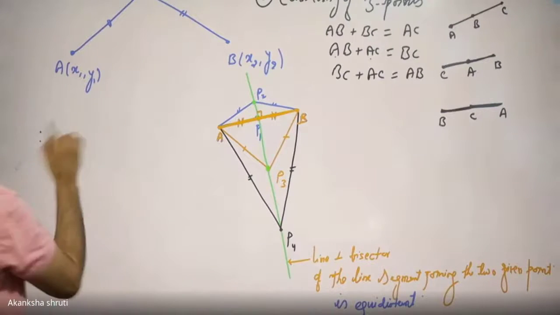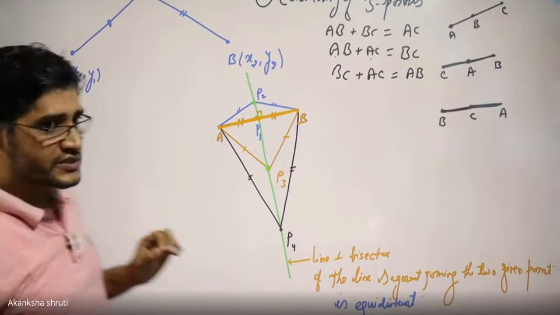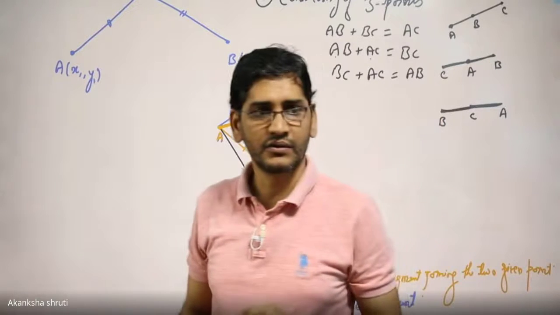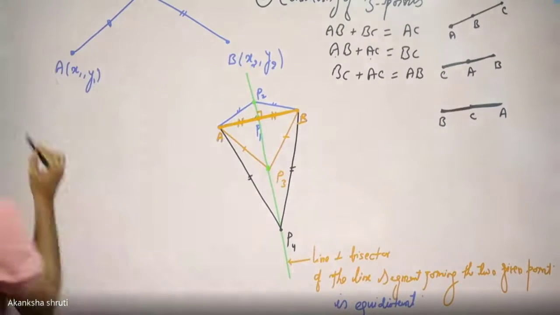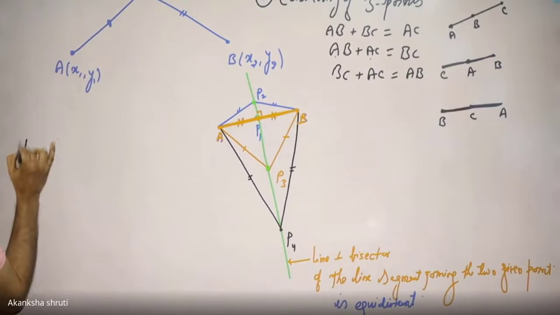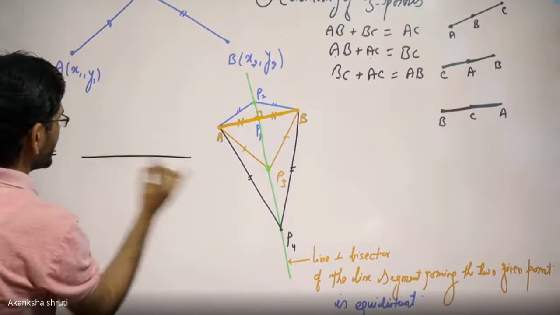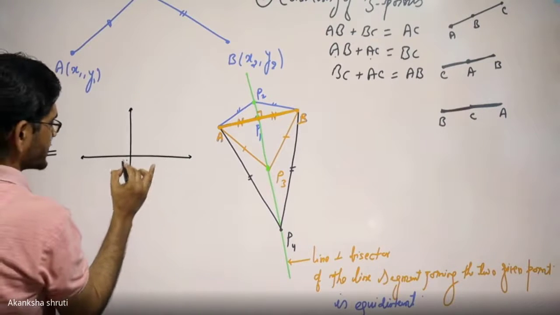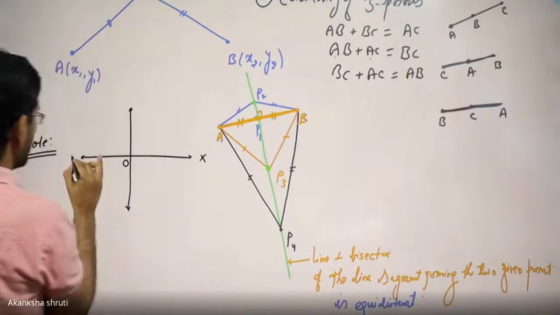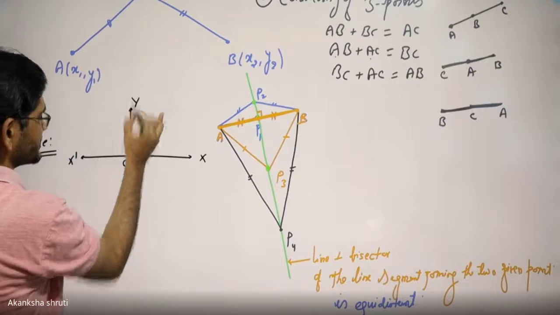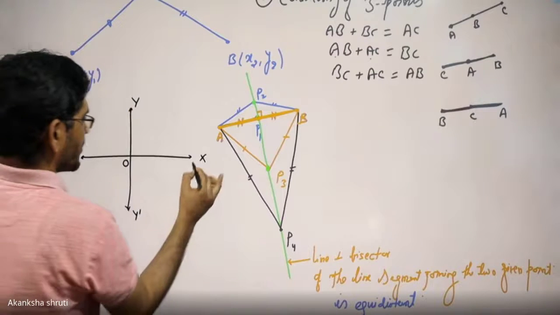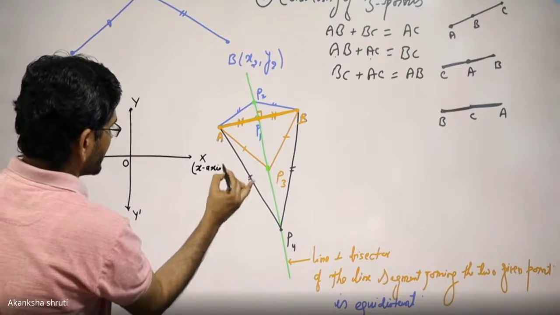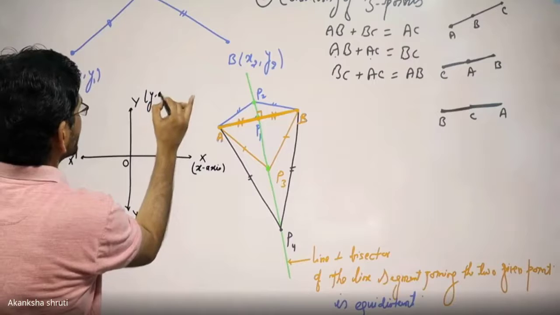Students, in addition to this, there are a few concepts from our class 9 that we have to keep in mind. I am going to list those things which we will use frequently. So write down a note and please note this carefully. The important thing is, if we are considering our coordinate axes, the rectangular coordinate system, this is the origin, this is x, x dash called the x-axis, this is y, y dash called the y-axis. So this horizontal line is our x-axis, this vertical line is our y-axis.